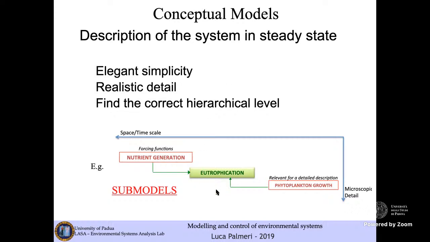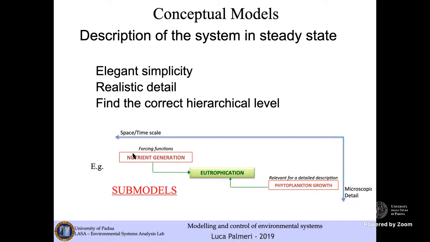But in the meanwhile, I realize that I have to include other hierarchical levels, for example lower hierarchical levels. If I want to describe a phenomenon like eutrophication, I shall describe phytoplankton growth. That is one of the processes that may produce eutrophication, and this is at a lower hierarchical level in terms of space. So we lower the spatial scale,